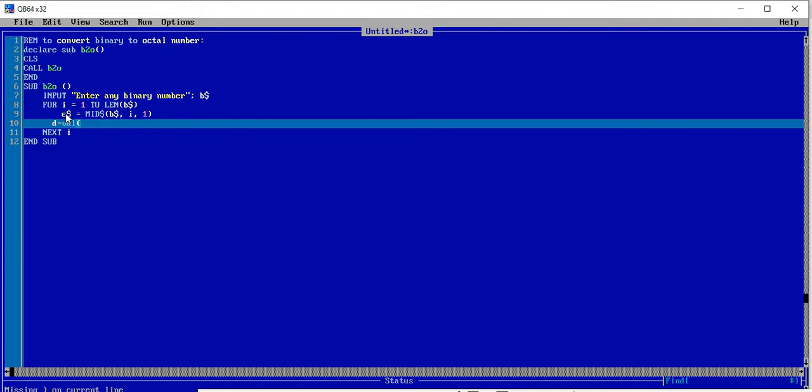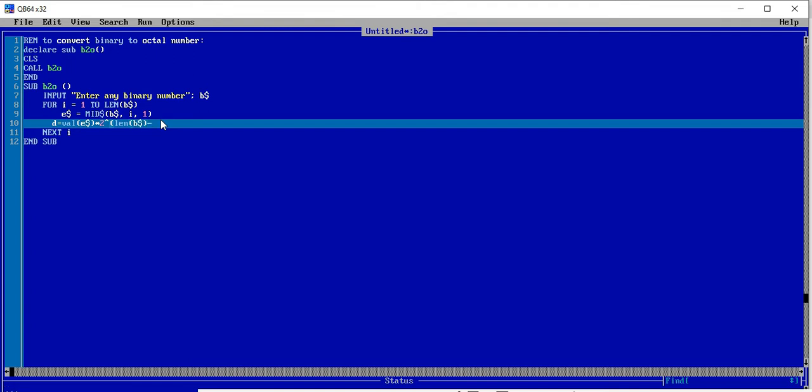VAL of E$ will be the equivalent numeric data of the string data, and we have to multiply this data by 2 to the power length of that string, which is LEN(B$),